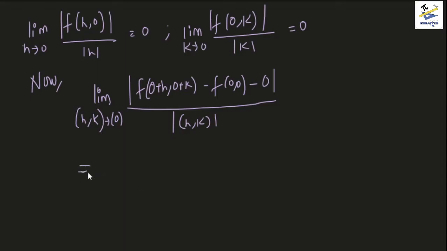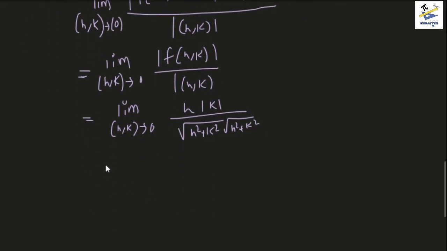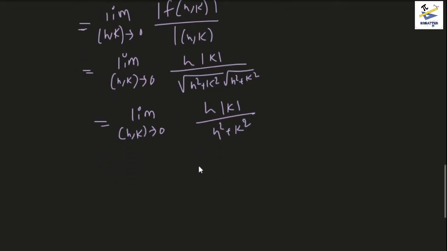Now, it would seem that the function inside the limit simplifies to the following: h mod k divided by h squared plus k squared. And we can see that the limit does not exist by various methods, but the simplest one is